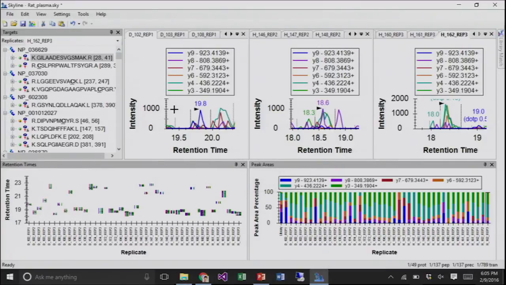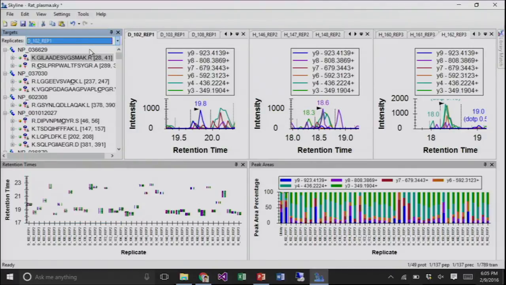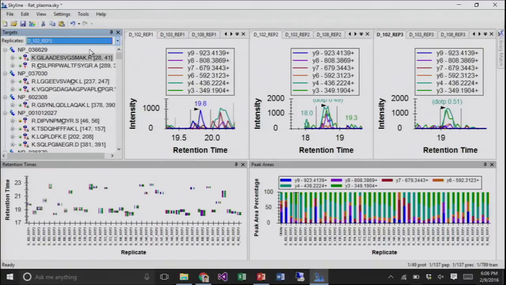And now we get our 3 views, and you can see that if I go to this replicates drop-down list above the targets, I can see all the replicates, and if I go up to the top, I can click on 102, and then press the down arrow on my keyboard, 1, 2, now I have the 3 replicates for subject 102 on top. It's a little bit hard to read right now because I've got this big